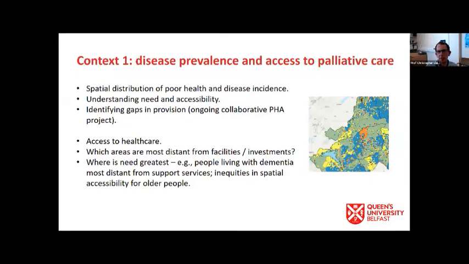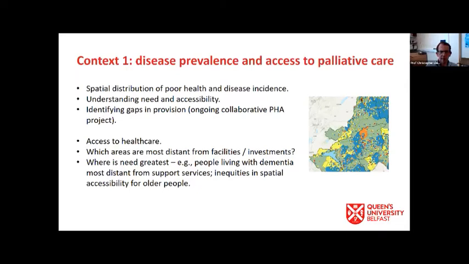As I've said, it's not going to be a comprehensive overview of how we understand disease prevalence in Northern Ireland, given that's the geographical focus of this piece of work, or access to healthcare in general, or palliative care specifically. Instead, it's going to be driven by a case study that will hopefully enlighten you in terms of the kinds of things that we can do in addressing these sorts of questions. So how do we better understand the characteristics of disease incidence across the geographical area? How do we think about provision of care that will be targeted at particular groups who need that care? So we'll do that through a case study, but as I said, there'll be a few general points, hopefully, that you'll be able to reflect on.